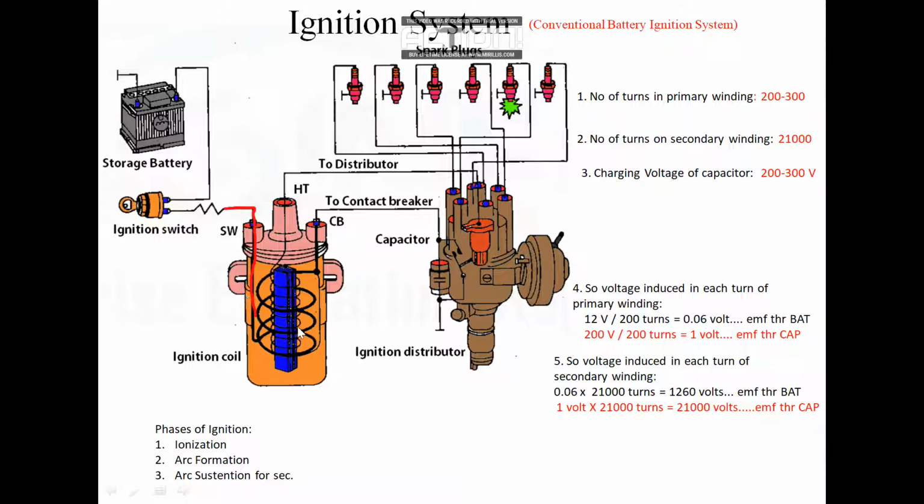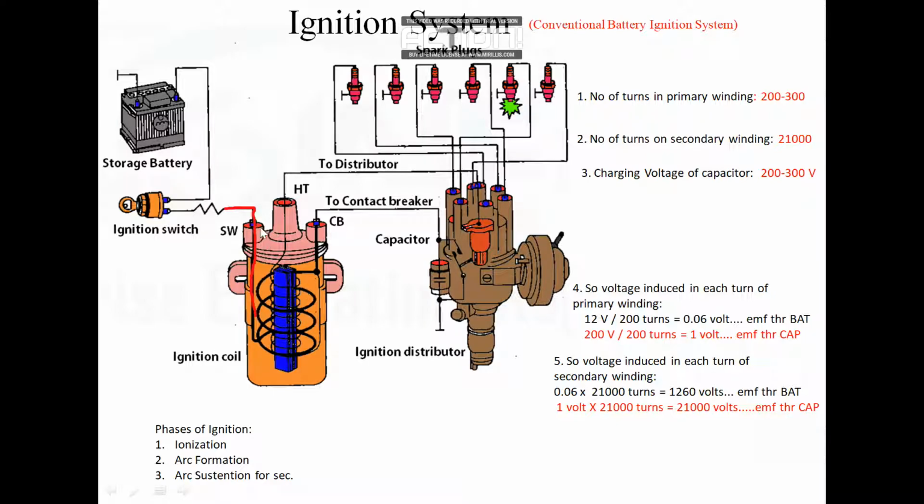The thick wire making a number of turns around this soft iron core is about 200 to 300, and this thin wire makes about 21,000 turns around this blue component, that is the soft iron core. Okay, and this entire shell of this ignition coil is filled with oil in order to cool